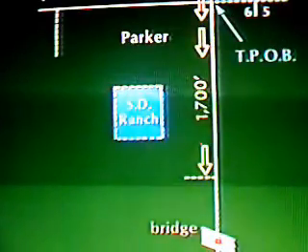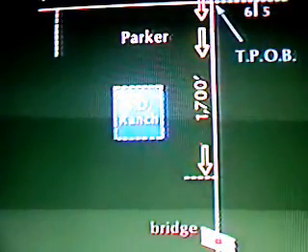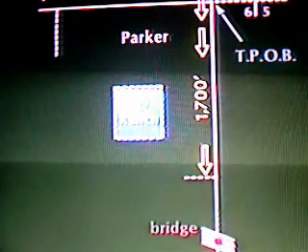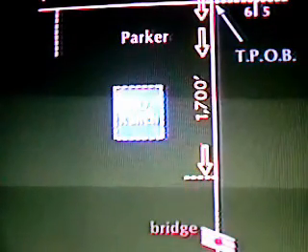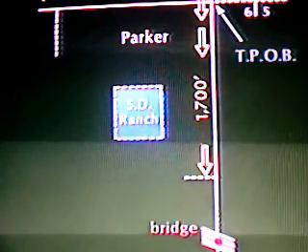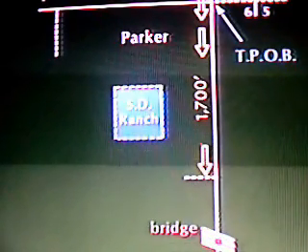Parker's deed is a document recorded in 1905. The grantor was an M. Cassidy. It reads as follows. All that land in Section 6 described as follows. Beginning at the old sequoia on the hill north of town, thence toward the center of the bridge crossing the river, to an intersection with the north line of said Section 6, and the true point of beginning, thence continuing toward the bridge,